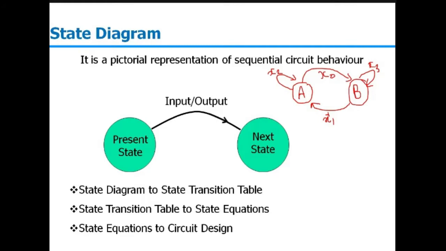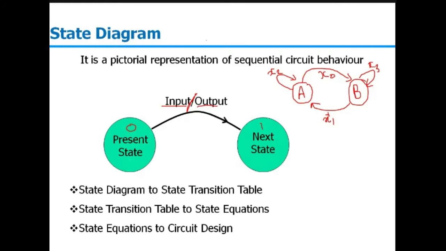Generally, if we do not have any external output, then we simply write this in terms of input only. But if we have an external output in the circuit, we generally write it as input slash output, where the input contains the value of the input parameter, and this is the value of the output parameter. If the sequential circuit that we need to analyze has only one flip-flop, it means the present state will be made of one bit. It will be either 0 or 1.